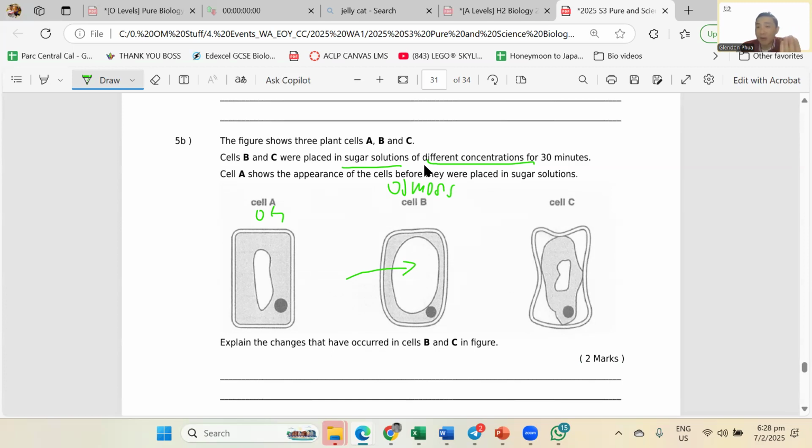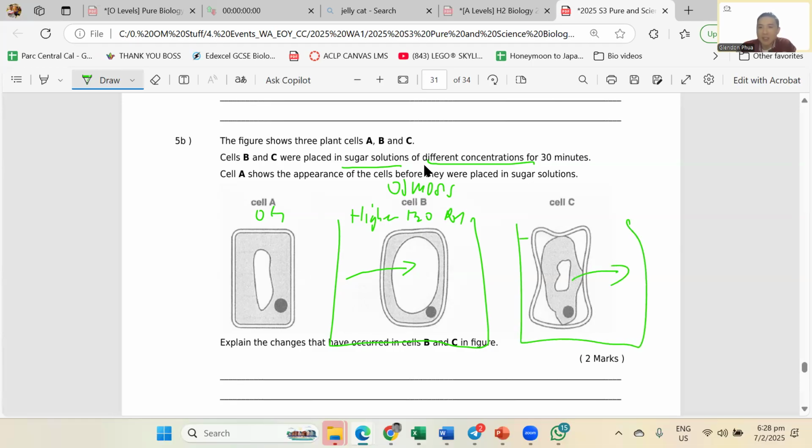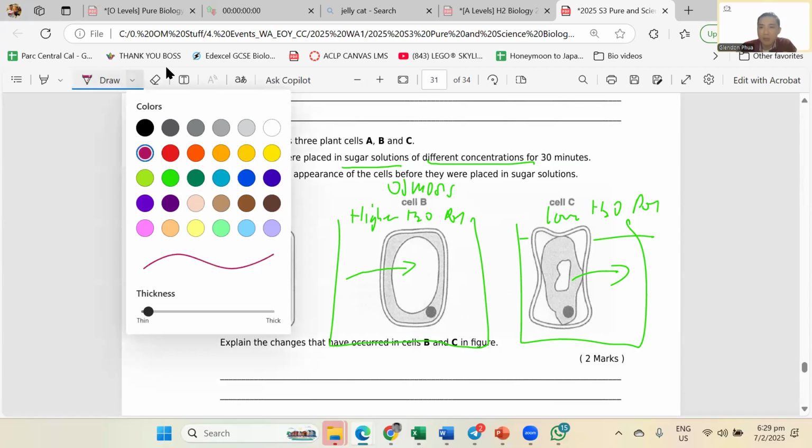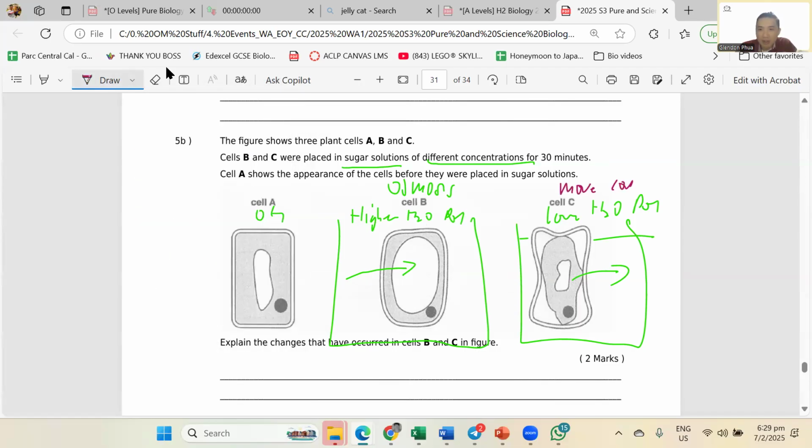And therefore, I can do my region now. It means outside here is higher water potential. This one over here, water is leaving outside. So it means here, it has lower water potential. Then from there, oh, I can find my concentration. In C, if I have a lower water potential, it means it's more concentrated. If there's a high water potential, it means it's less concentrated. Okay? Then you go about and explain the answer.